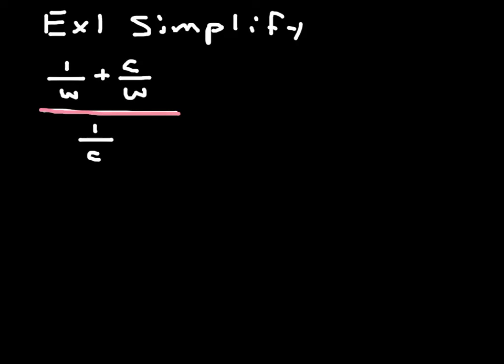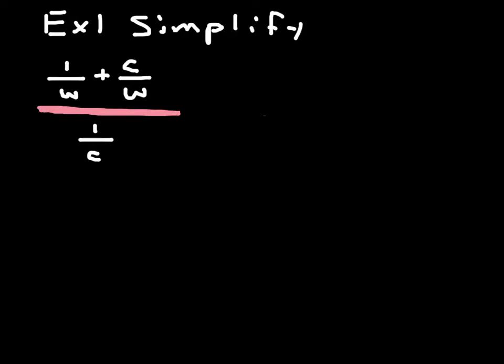So the golden rule, and there's a few golden rules in math, but one golden rule is whenever you have that main division bar, simplify the top of it, simplify the bottom of it. So in the top, I need to add those fractions. So I'm going to take 1 over w, and I'm going to add c over w. And really, I don't need to write that out, because when you add 1 over w plus c over w,